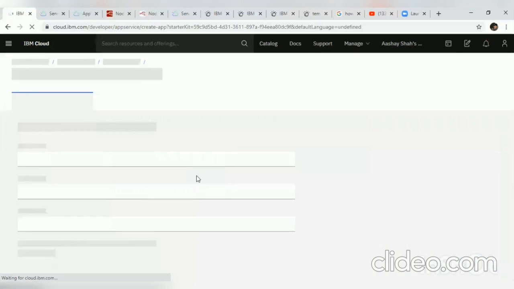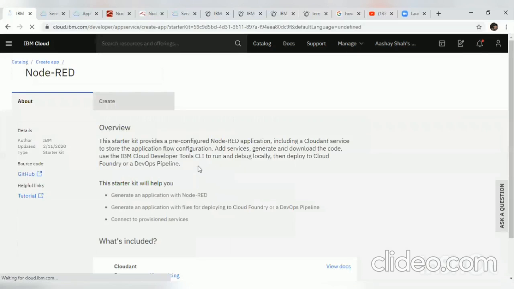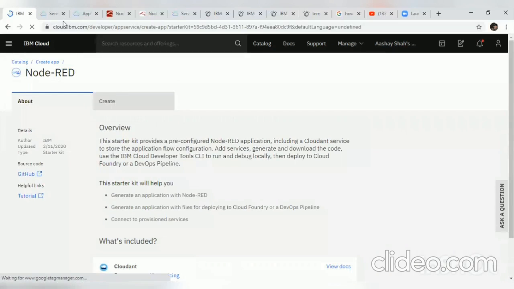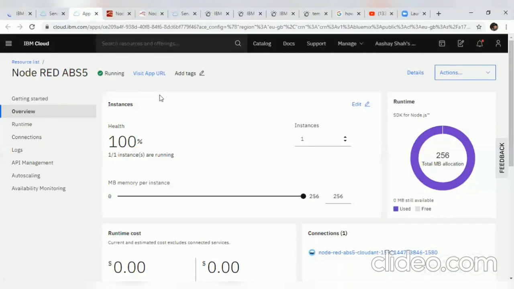I have created one Node.js application, so I am not going to create it again. You have to create this Node.js application. After creating this app, you will be able to see this page, and you have to click on visit URL. This is the URL for our application.